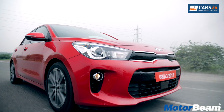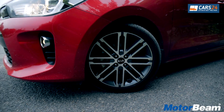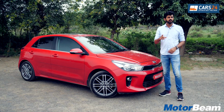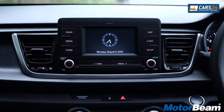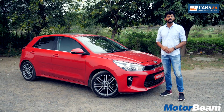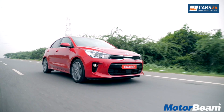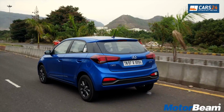Now the car that we are testing today is an international spec, that's why it gets bigger wheels, it even gets a sunroof, lane departure warning and whatnot. However, our test car is equipped with an infotainment system which doesn't deserve to be there in 2018. It's a very small screen somehow, although global models do get a 7-inch touchscreen system with Apple CarPlay and Android Auto connectivity, and I expect Kia to offer the same when they launch this vehicle in India by late next year. Probably where Kia will differentiate itself from its sister brand Hyundai is by offering more features in its car,